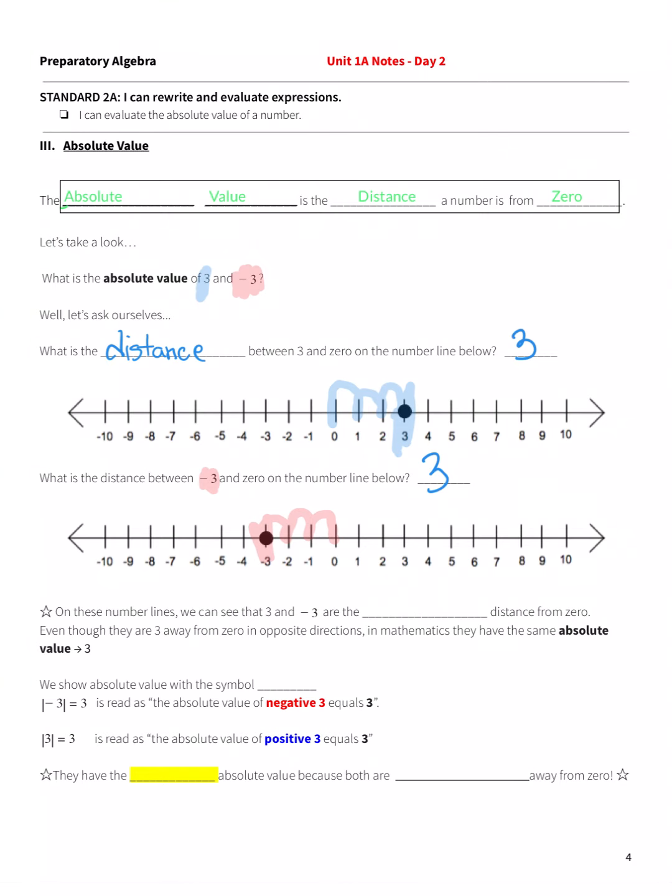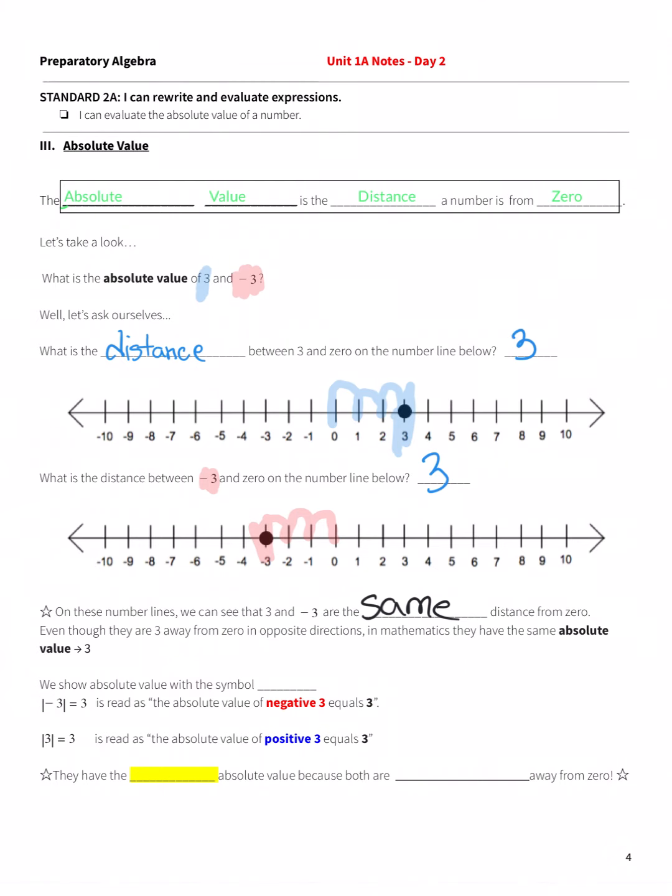Do you see something here? I do. -3 and 3 have the same absolute value. What? How is that? Well, they are the same distance from 0. So when you see absolute value, it will always be written as a positive number. So on these number lines, we can see that 3 and -3 are the same distance from 0. Okay? Make sure that you have everything in your notes that I have written down